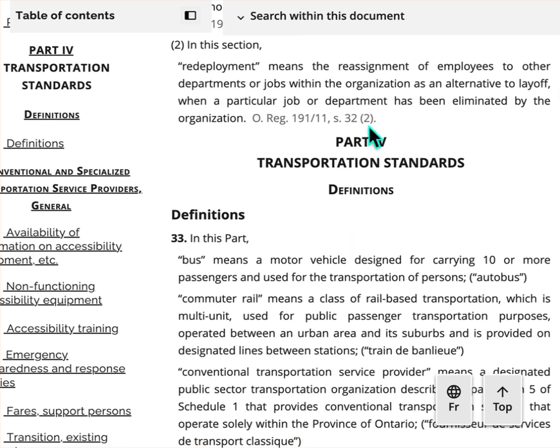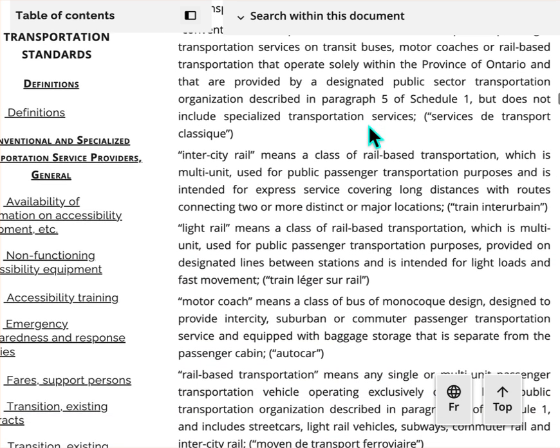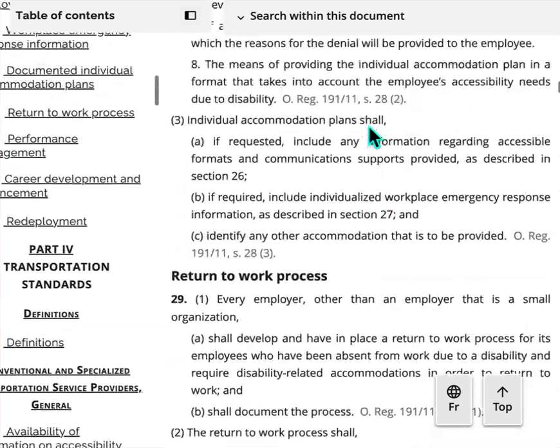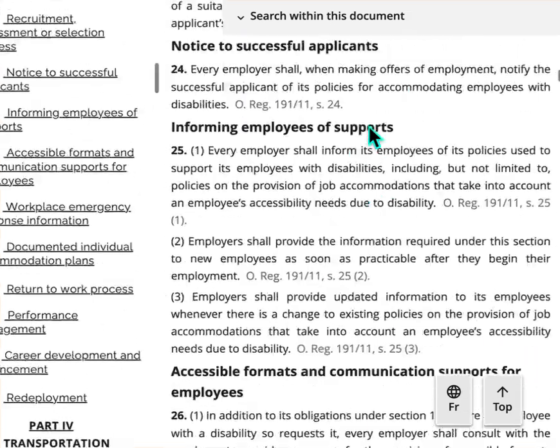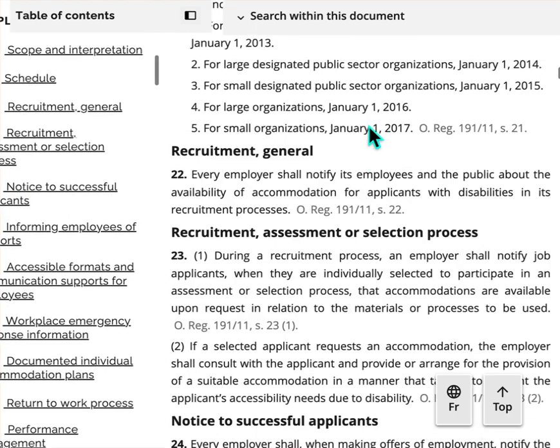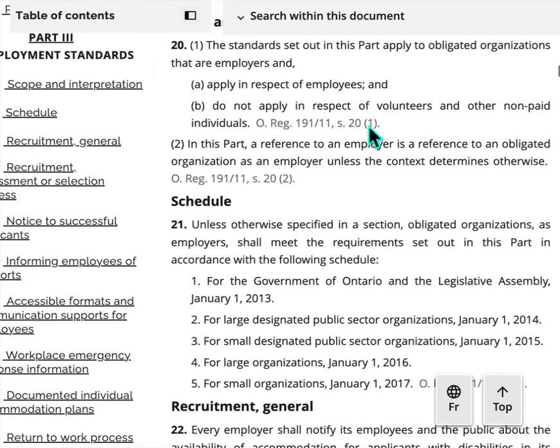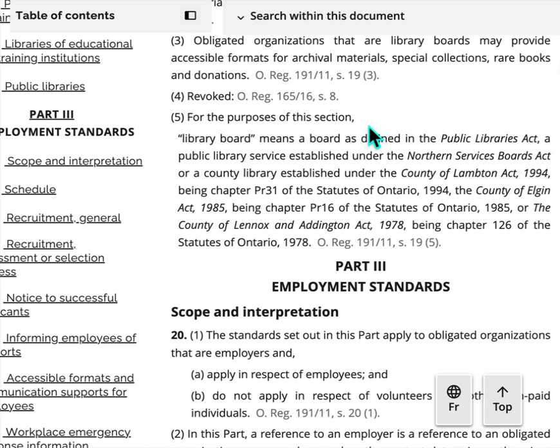So that's pretty much about AODA. If you need more information, you can come here and read. There's a lot written here. You can find it in English and in French. So you can go through all of this content and understand more. But in a nutshell, AODA is an Ontario requirement or law from the government, which follows the regulation 191/11, and you need to be able to comply with this.